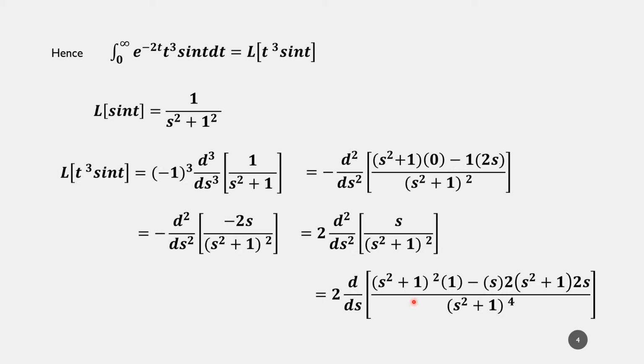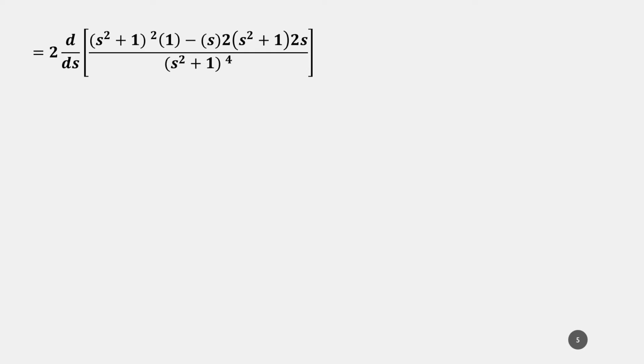Now when we see in this bracket term, there is a common term s square plus 1, both in numerator and denominator. So we can cancel 1 s square plus 1. After cancelling s square plus 1, what will remain? S square plus 1 will remain here. Then minus, again s square plus 1 gets cancelled. So 2 into 2, 4, s into s square. 1 s square plus 1 gets cancelled. So the remaining will be s square plus 1 whole cube.